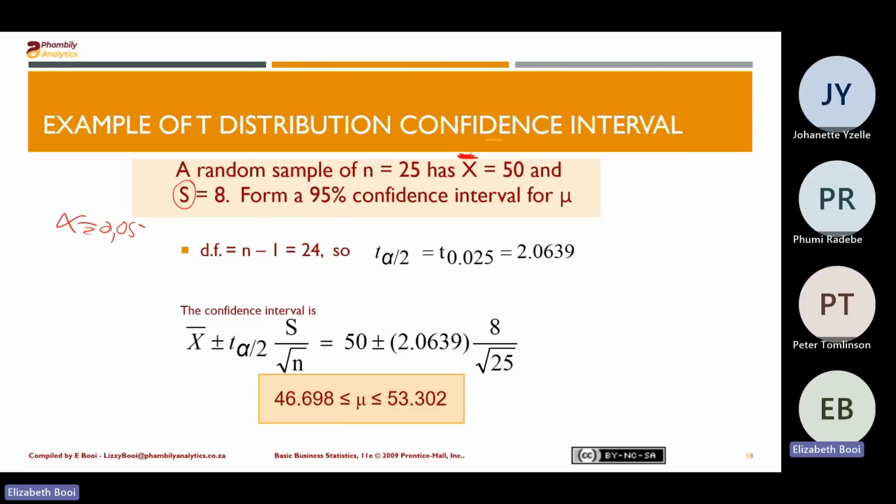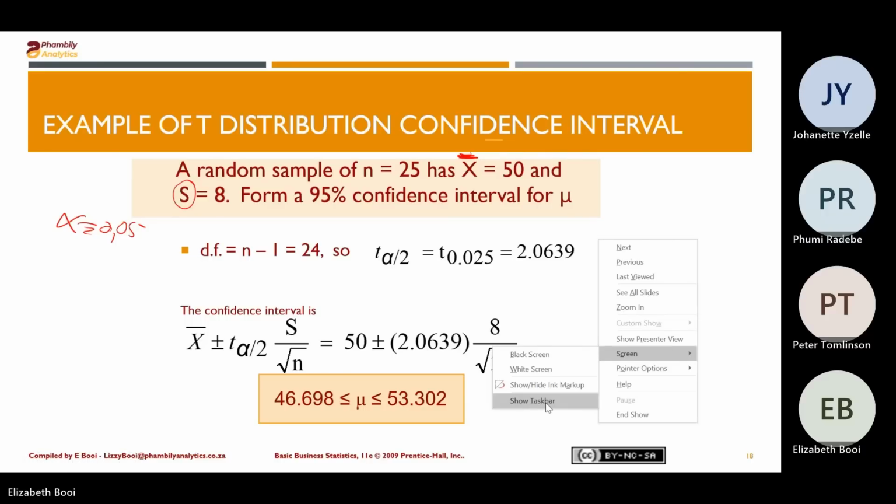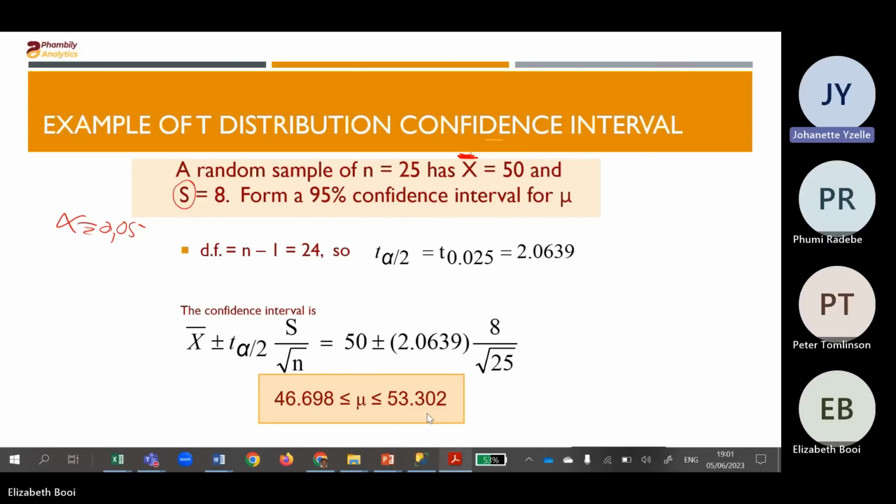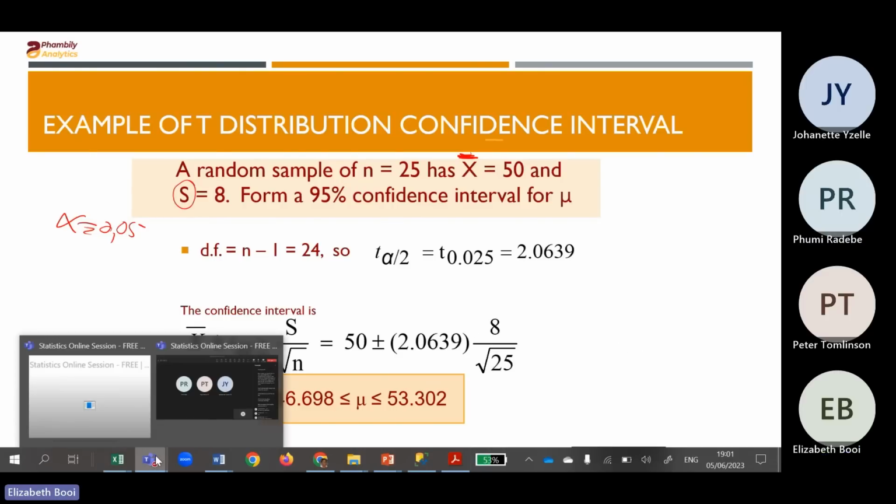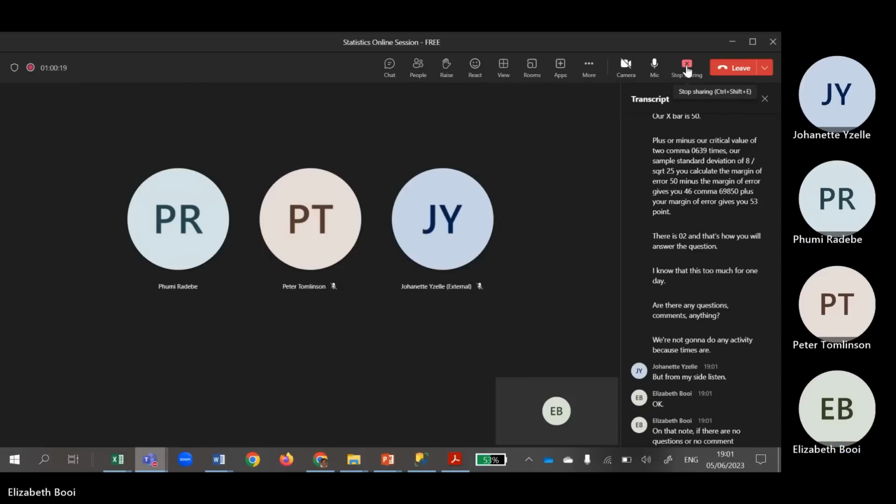I know that is too much for one day. Are there any questions, comments, anything? We're not going to do any activity because time's up. Not from my side, Lizzie. Okay. On that note, if there are no questions or no comments, then